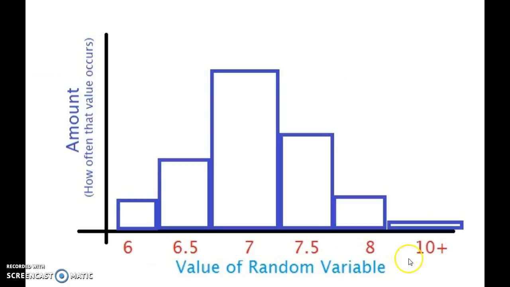The x-axis needs to be measuring the different values that your variable could possibly take on. So for this example, let's say it's the amount of time someone spends on social media each week. They could spend 0 hours, they could spend 100 hours. The x-axis would measure all those different values, the different amounts of time that someone could spend on social media. So it looks like for this person, they're spending 7 hours on average every single week. Some weeks they spend a little more, some they spend a little less, so it looks pretty normally distributed. You could say it's maybe skewed a little bit to the right.